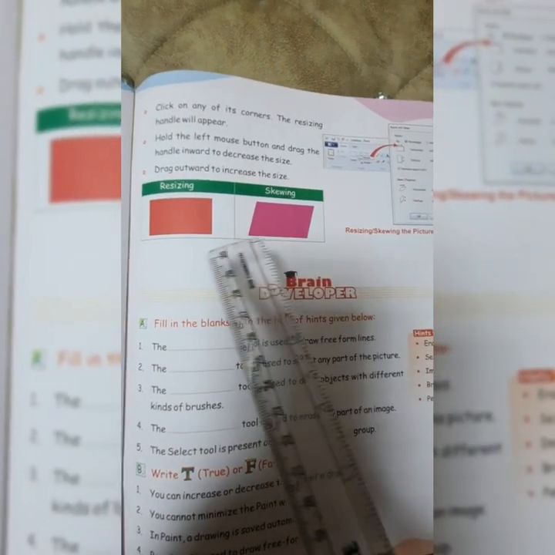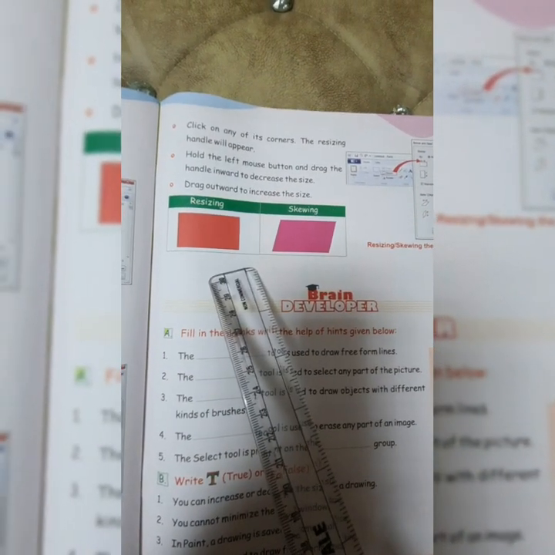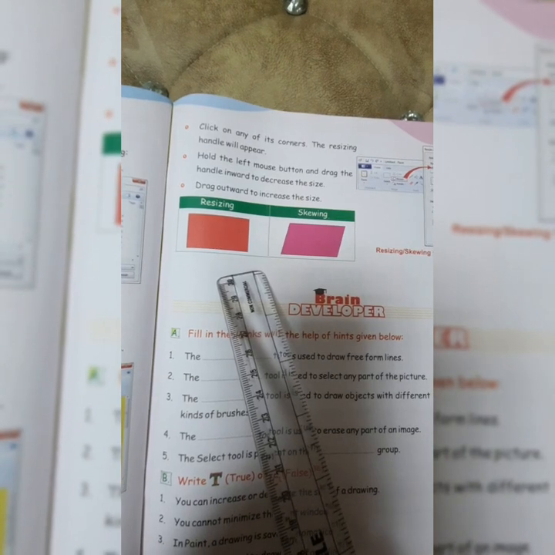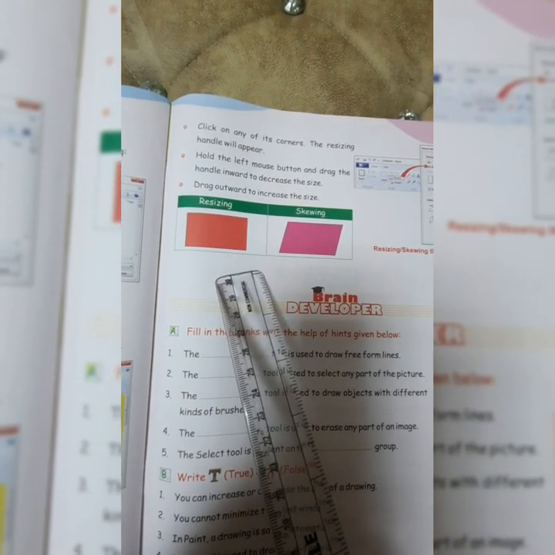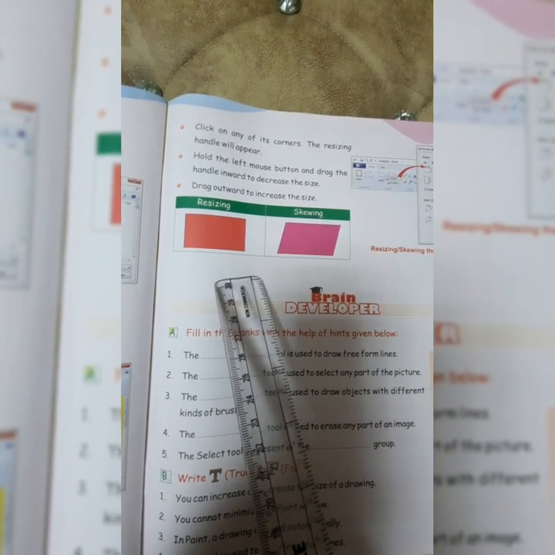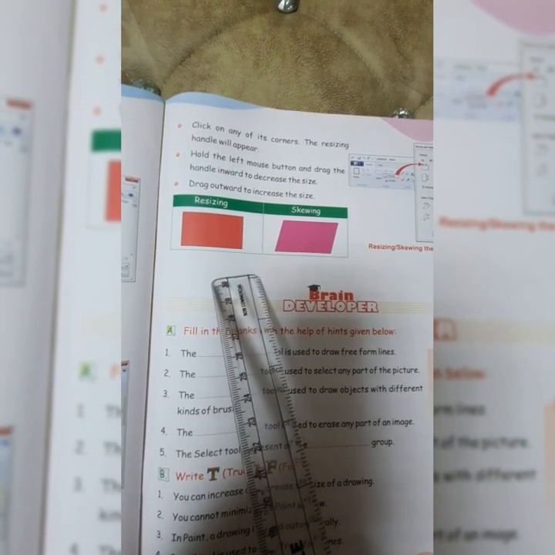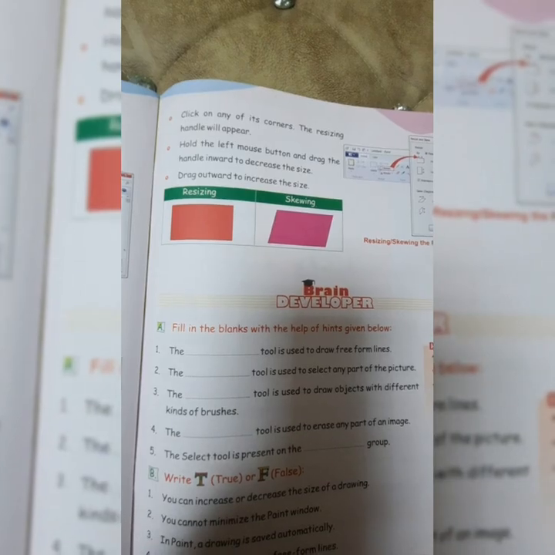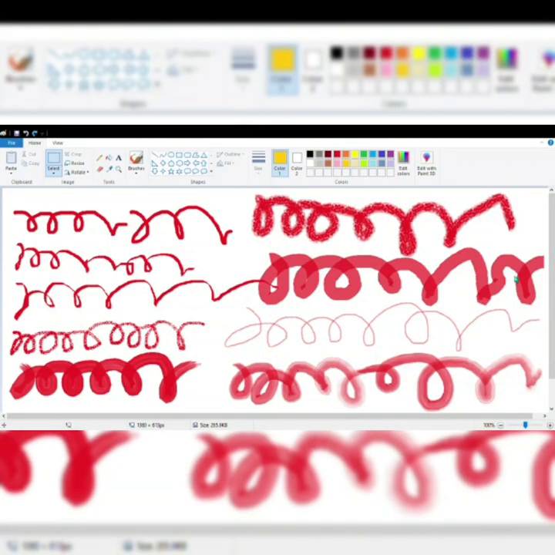All this you will see in the video after this, and it will be very clear to you how to resize your image or any part of your picture. Once you click on Exit, your program window will close. So if I click on Exit here, this program window will close.